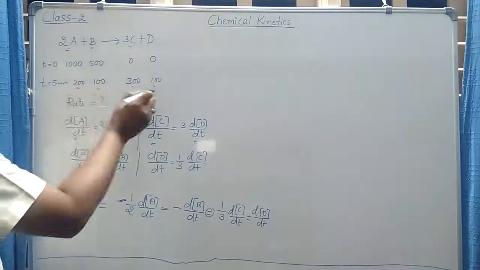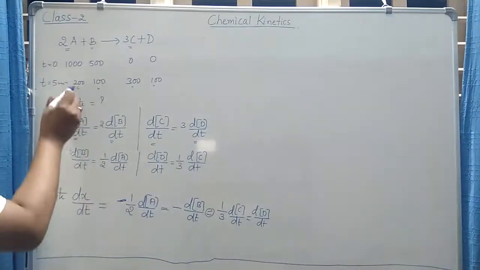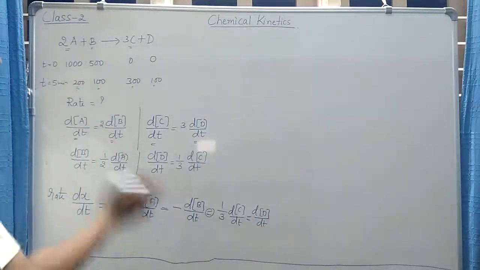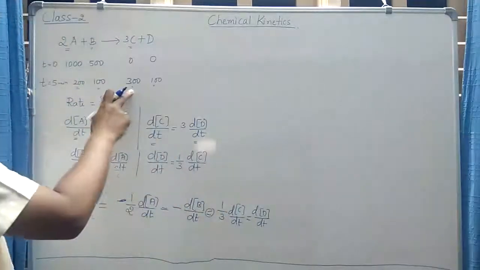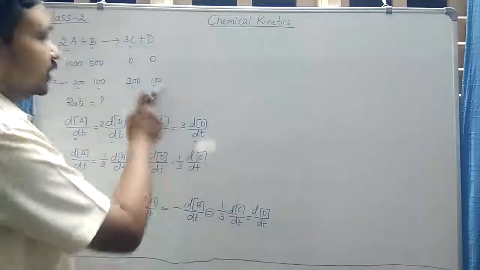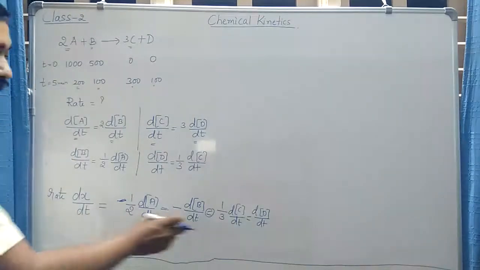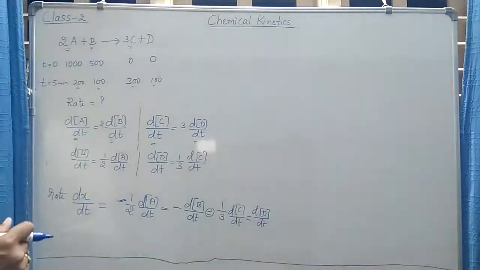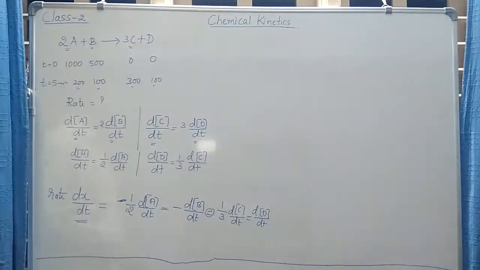But if you carefully look at these numbers which I have taken as an example, just see what half of dA by dt is. 200 molecules have disappeared, half of that will be 100. What is dB by dt? 100 molecules have disappeared. 1/3 of dC by dt: 300 molecules have been formed, 1/3 of it is again 100. dD by dt is already 100. So 100 molecules disappearing, 100 molecules disappearing, 100 molecules formed, 100 molecules formed, all are the same numbers. So there is now a uniformity in the definition of the rate of the reaction.